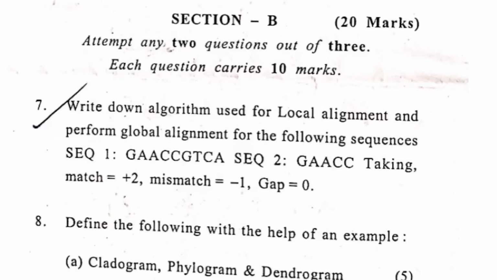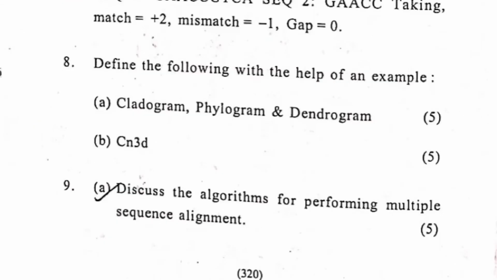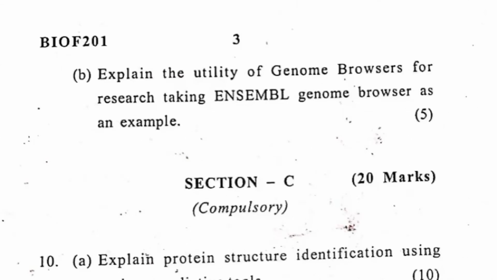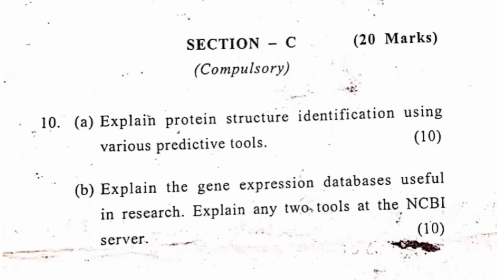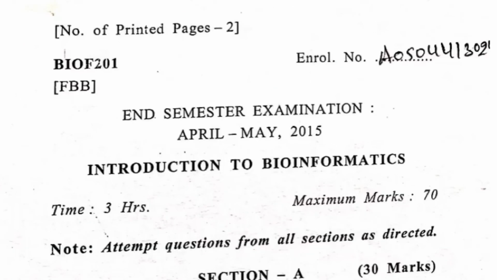Now see, in section B also there is a question which has the numerical part, but you have an option. You can opt for the theory part again. So prepare accordingly, according to the syllabus. Do not focus much on the numerical part and waste your time if you're not able to get it. Go through the theory, make your theory concepts stronger, learn about them in detail so that you can attempt the questions very nicely. See, section C also is a theory part in which you are supposed to describe in detail. That is 10 marks each.